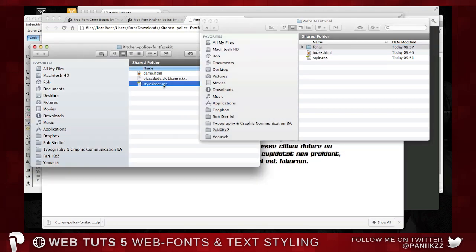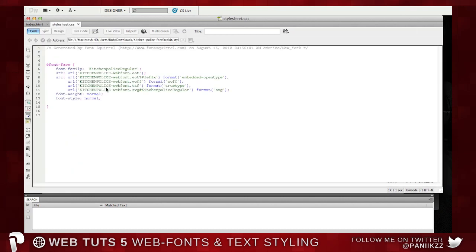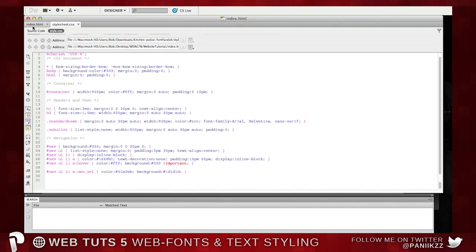Now if you open up the font kit there's a stylesheet.css. If you open that up in Dreamweaver, you'll see that this is the code. It's pre-built for you. So what you're going to want to do is, I like to have them in a